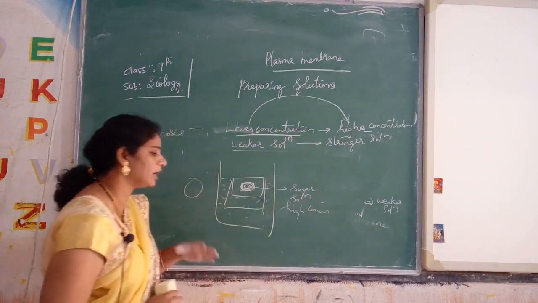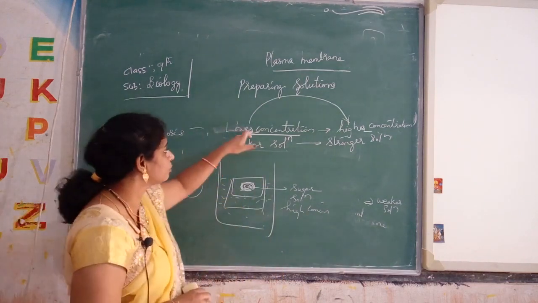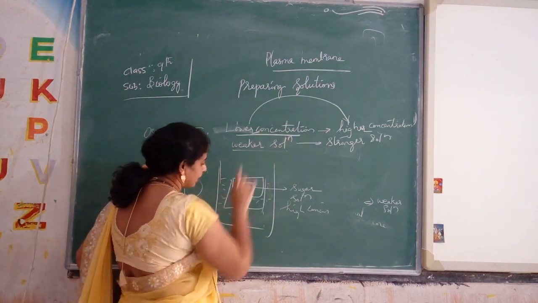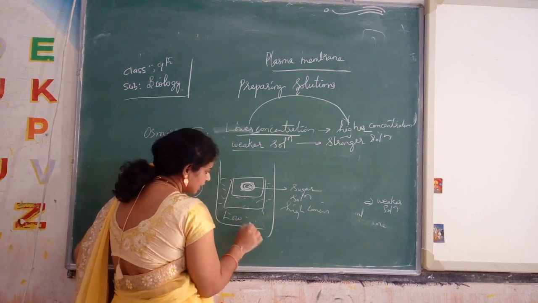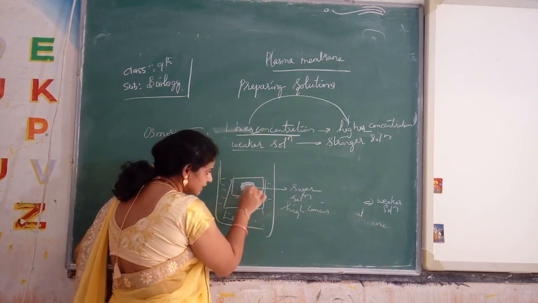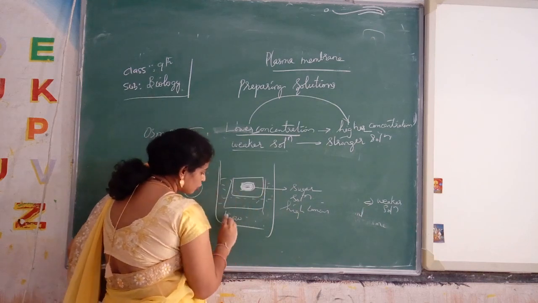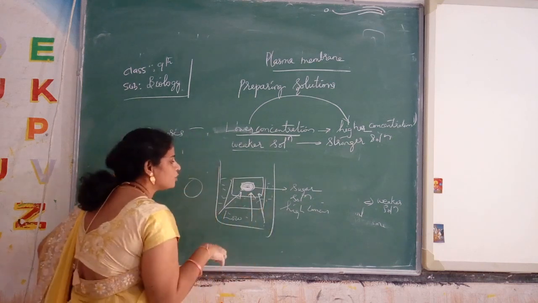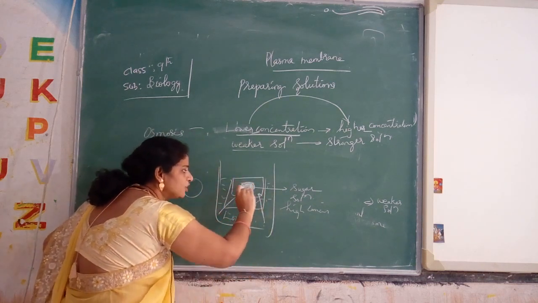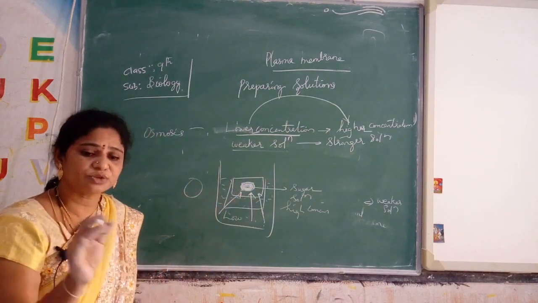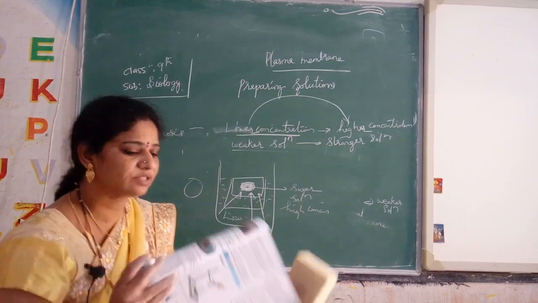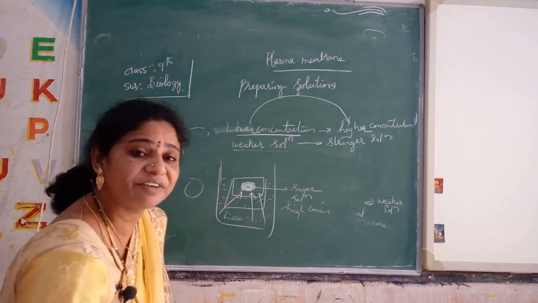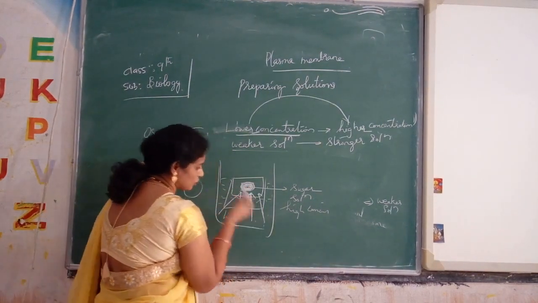So in the osmosis process, what is the movement? From lower concentration to higher concentration. Where do we have lower concentration? In the water. Where do we have higher concentration? The cavity of the potato. So water moves from here into the cavity, and that is the osmosis process. The sugar solution level in the cavity rises. You can see the textbook: we cut the potato just like a cup. The rise of the level in that cavity is due to the osmosis process.